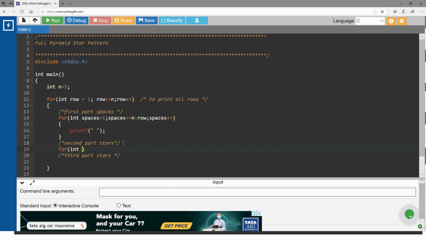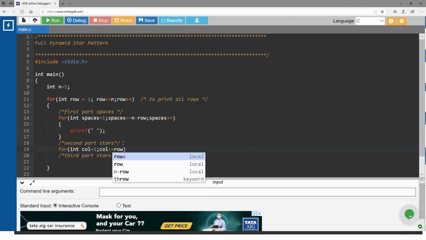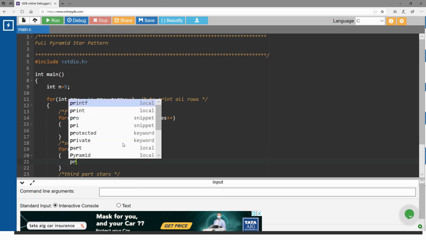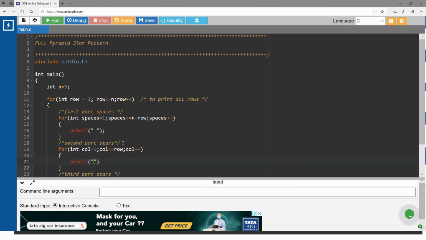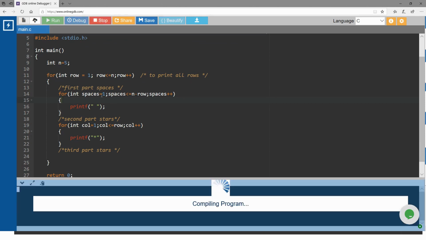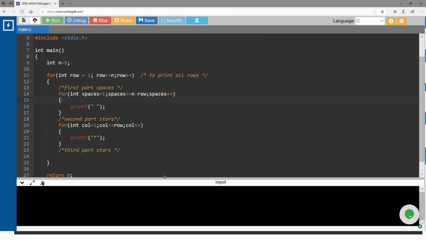For int column equal to 1, column less than or equal to row, column plus plus, printf a star. So just run it to see the output. This code is simply a mirror image of the half pyramid.